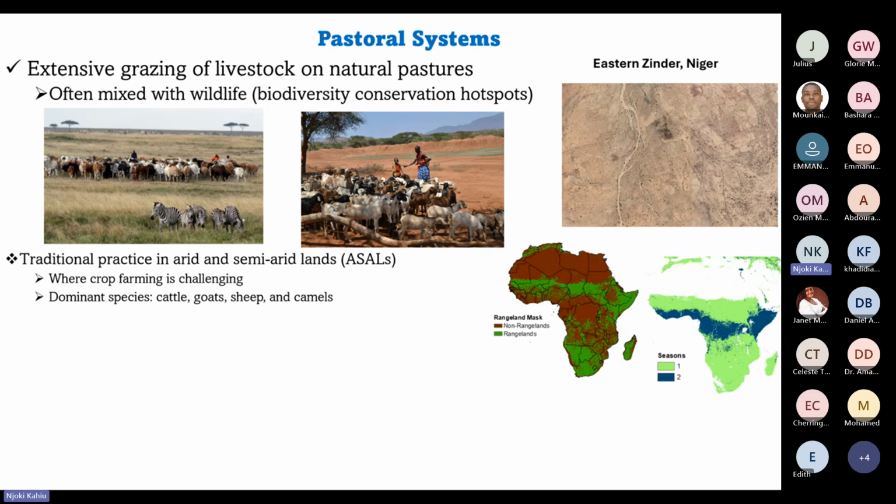Pastoral systems are also practiced traditionally in arid and semi-arid areas where crop farming is quite challenging. Some of the dominant species are cattle, goats, sheep, and camels. And I show you across all of Africa some of the areas that are classified as pastoral. This is based on some work that we have been doing for some of our projects. You can see the rangeland mask areas within West Africa, South Africa, Eastern Africa, and the Sahelian belt where